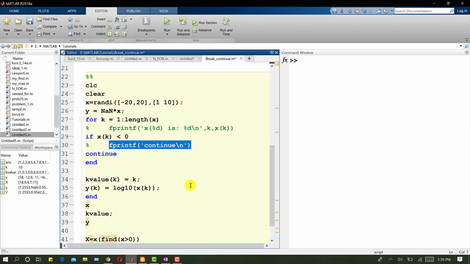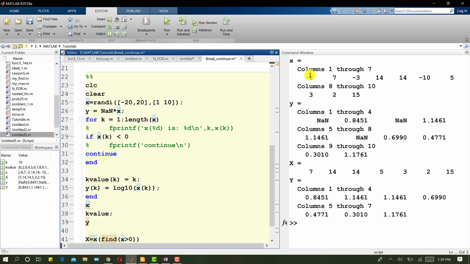Right? So now if I run this, we can see that this is the random matrix x: minus 6, 7, minus 3. We can see this is the y, that is the log to the base 10 of these positive x values. So this 7 is positive, so the log to the base 10 of this 7 is 0.8451. This is positive, so this is the log to the base 10 of 14, and so on. And here we can see that we have extracted all those values from x which are positive only using this